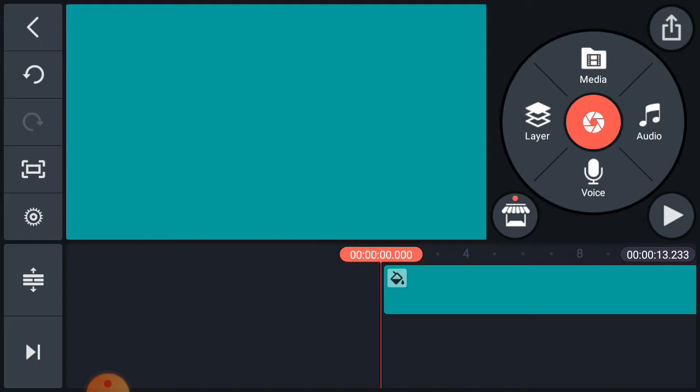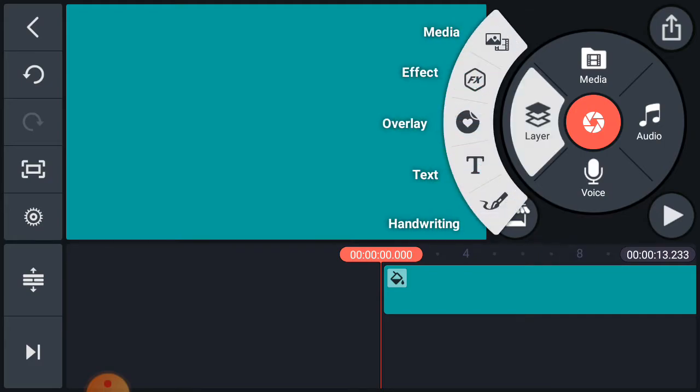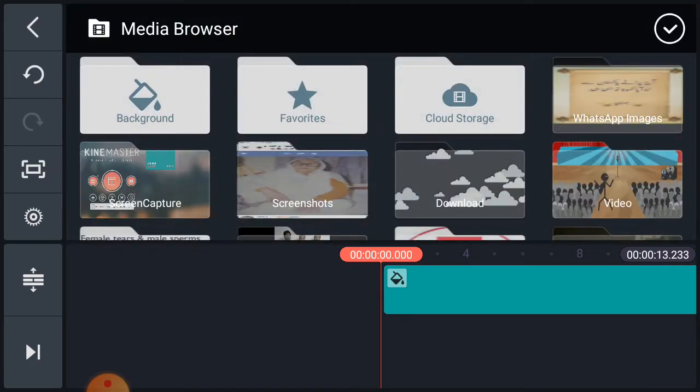After that I will click on the layer. You see the layer here on the top. You will click on the layer and select media. I have some pictures, some images, and a small video for the animation. I will use them.